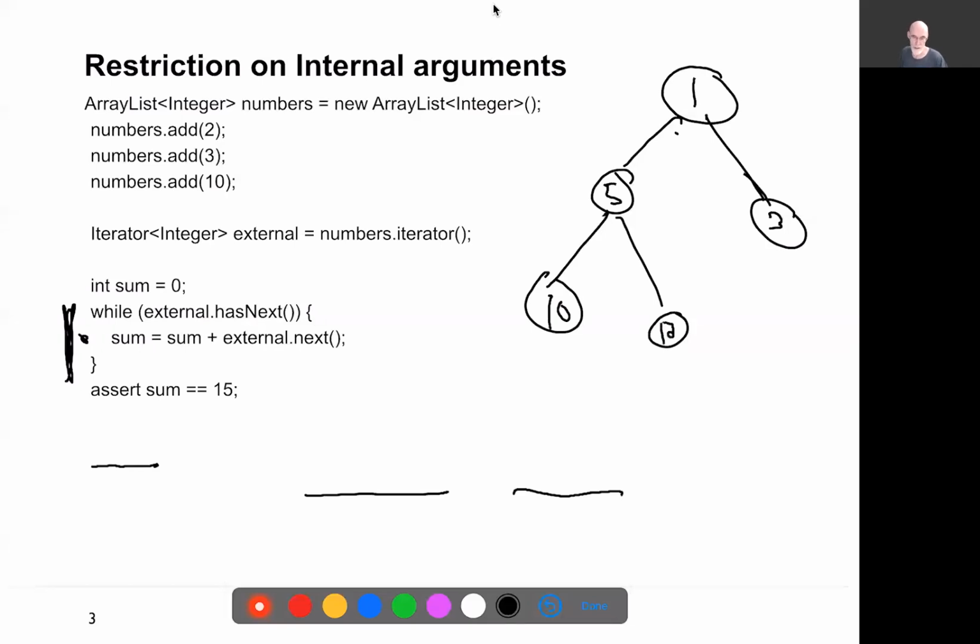So if my iterator is pointing to here, where do I go next? To the next element. 12, assuming this is in order. And not 10? Assuming this is in order, there's no way to be at 5 unless you've already been to 10. And you said to do it in order, right? Yes, but now